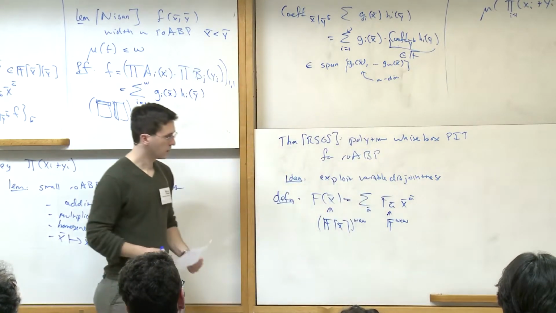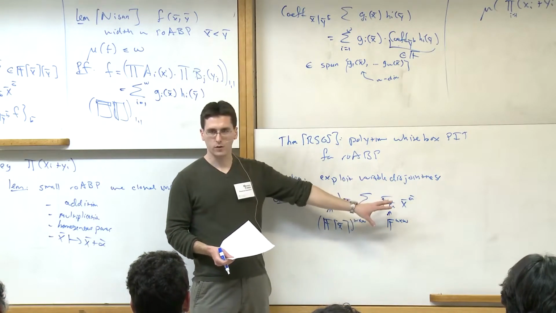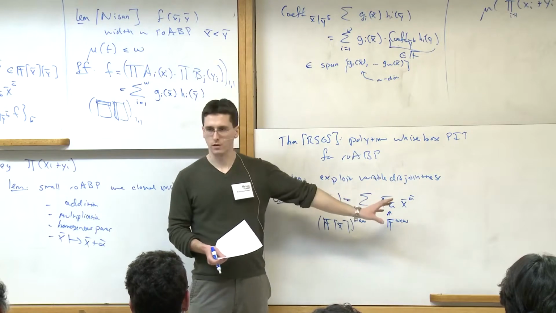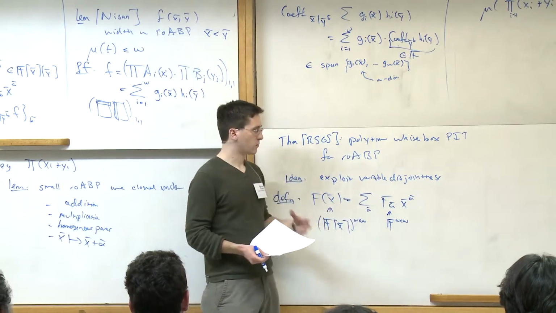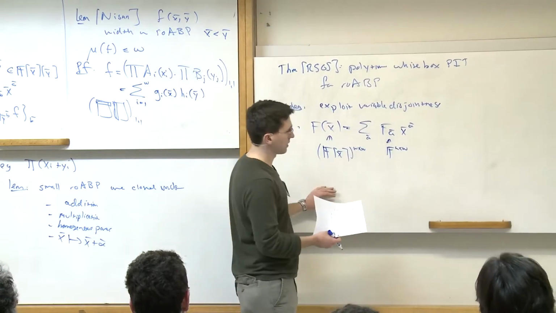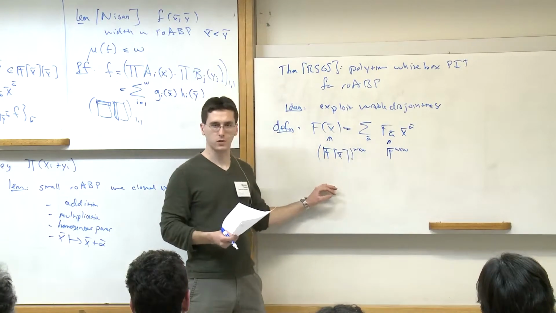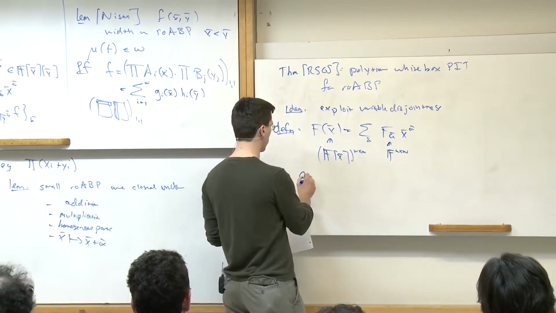Okay, so this polynomial is 0 if and only if all of the coefficients are 0. I want to have a more refined notion. That refined notion is the observation that this space here is a vector space. It's a vector space of dimension w squared. Okay, so the coefficient span